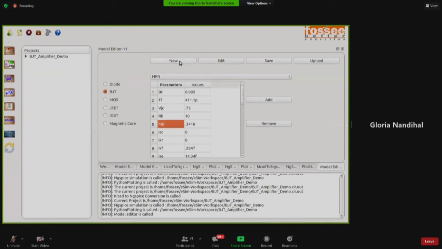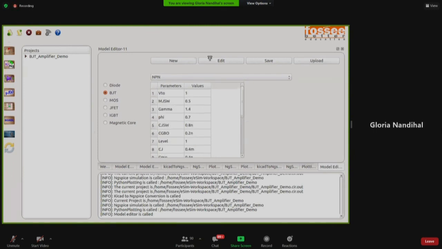So when you add this library using the new option, you can see it under the transistor, since I'm using a BJT as the template. If I choose a diode, you can find it under a diode, right? So now the second way where we can add this library is using an upload option, right? It clearly says upload means you can upload an external .lib file. So you can go online, download it and save it in a .lib file.